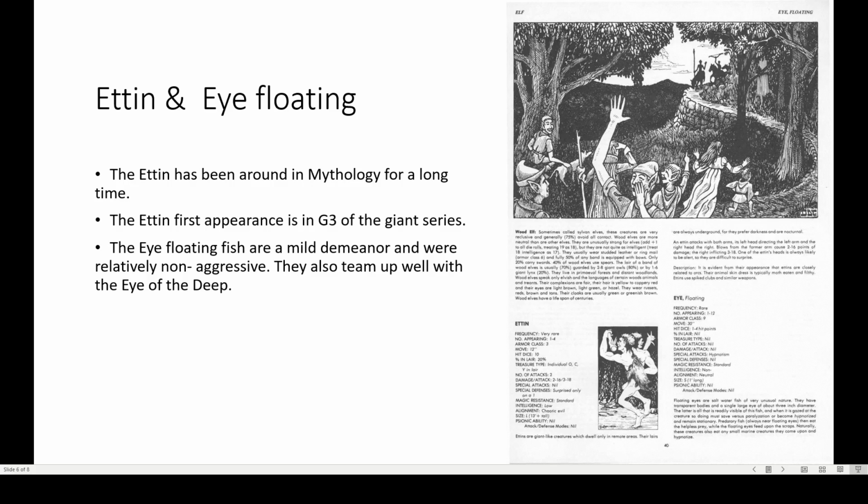All right, and the floating eye. Floating eyes are saltwater fish of a very unusual nature. They have transparent bodies and a single large eye of about 3 inch in diameter. They really need the proofreads. The in diameter wasn't even in there. The latter is all that is readily visible of the fish, and when it is gazed at the creature, see,